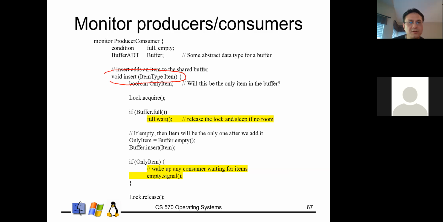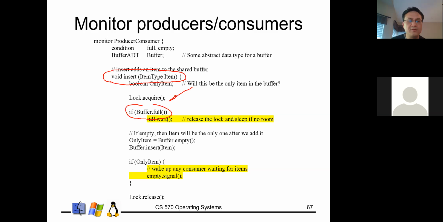When a producer tries to insert an item, it first tries to enter the critical section of this operation insert, inside this monitor. Again, every operation in a monitor is a critical section, right? So after a process or thread gains access to this critical section,